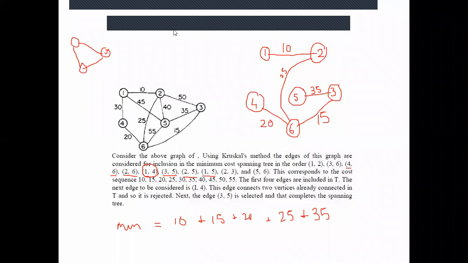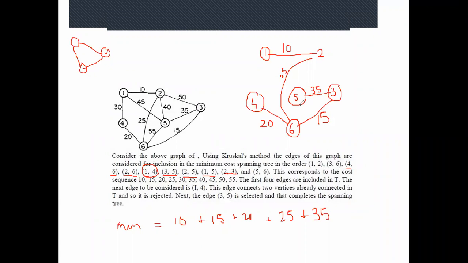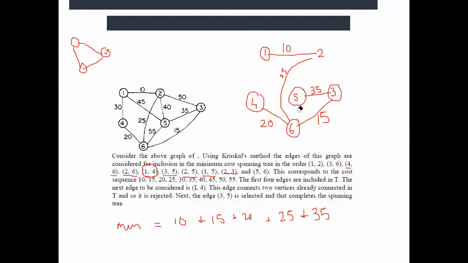Okay, fine. Next one, 2, 3. Yes, Jyoti, tell me 2, 3. Ma'am, if I'm adding 2, 3, 50, but is it creating a cycle? Yes, ma'am. So I won't take 2, 3 either. Then your last one is 5, 6. If you take 5, 6 too, this will create a cycle. So I won't take 5, 6 either. Okay, so this is your final spanning tree.